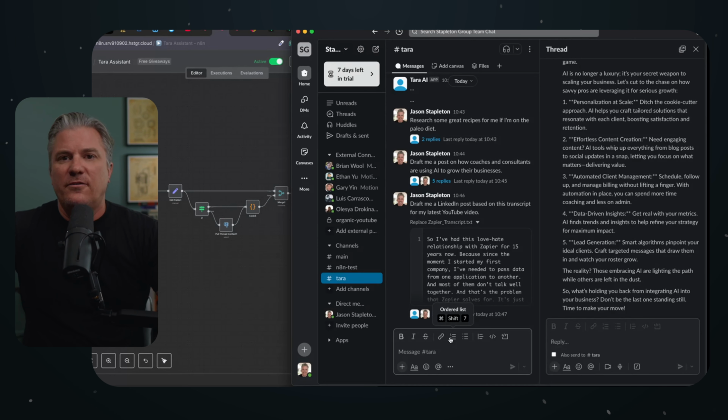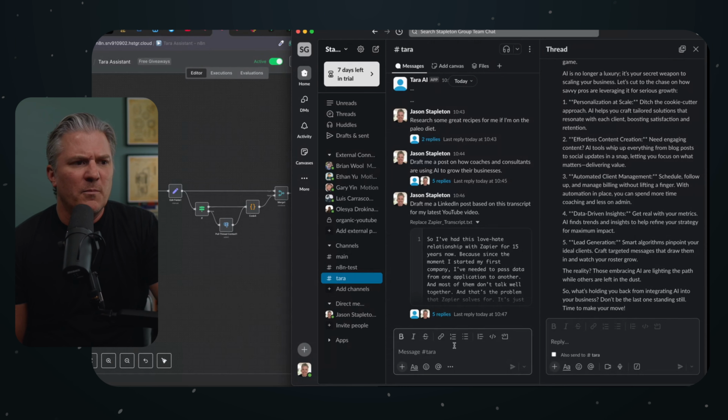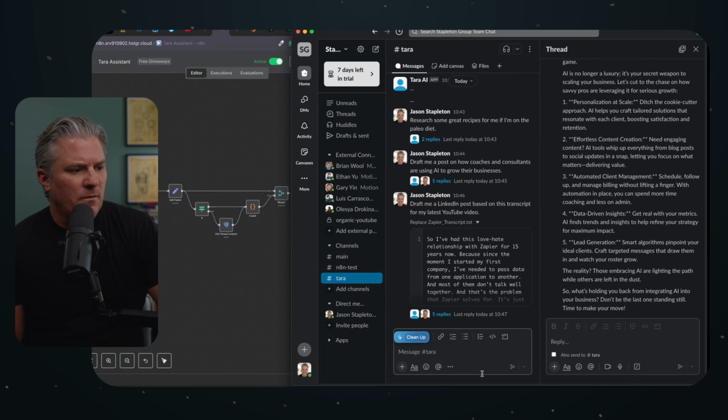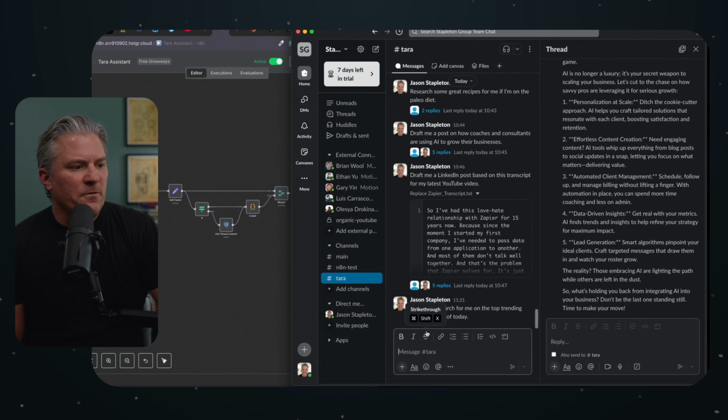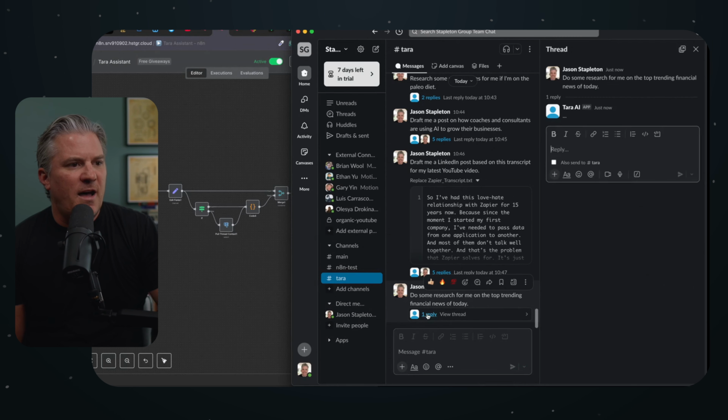So I'm just going to ask it to find me some information on the most pertinent news stories of the day. Do some research for me on the top trending financial news of today. And it's going to clean this up for me. Oh, and the app I'm using for that is an app called Mac Whisper. There's several of them out there, but it allows me to just talk instead of type, which for some people is really helpful. And then again, we're going to click go. And the first thing it's going to do is going to send us a reply. Like I said before,